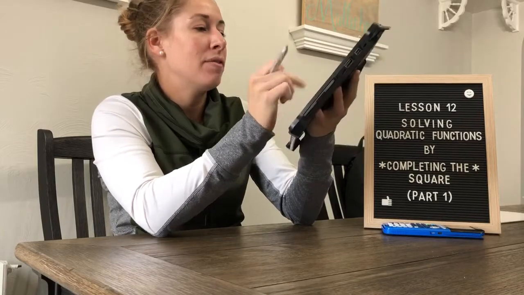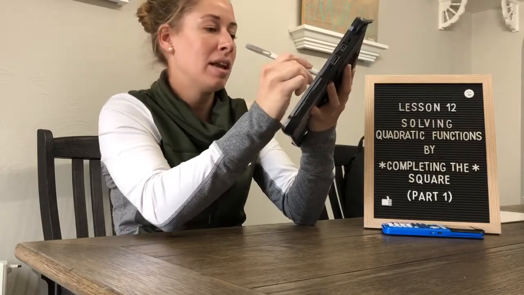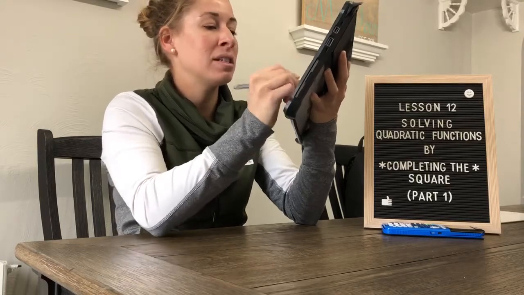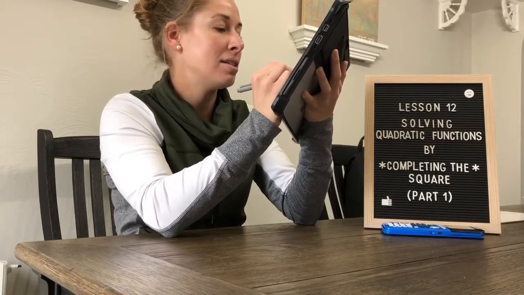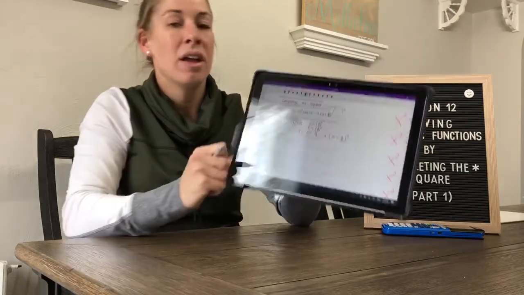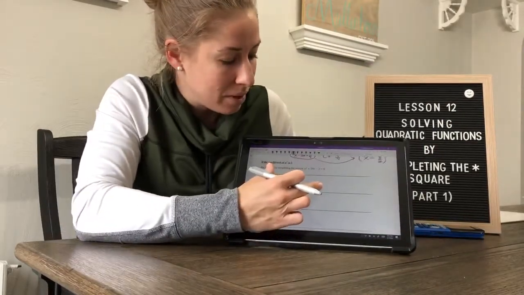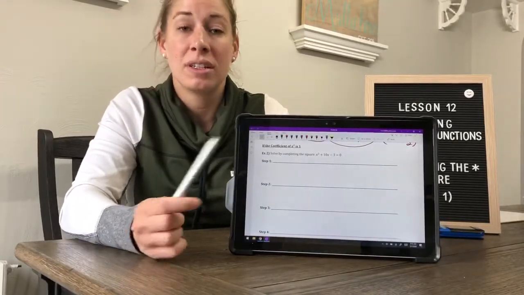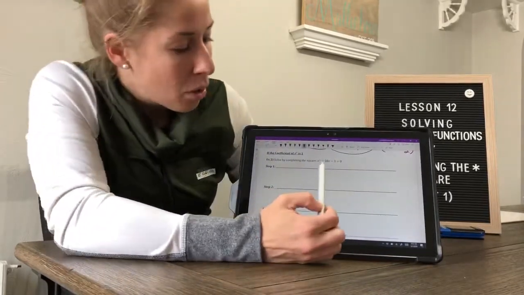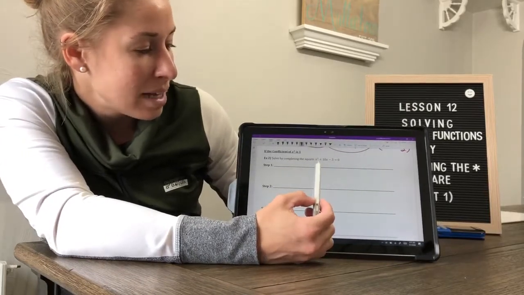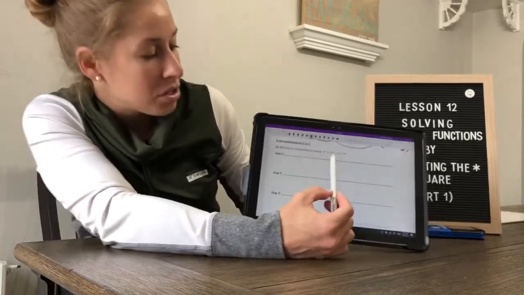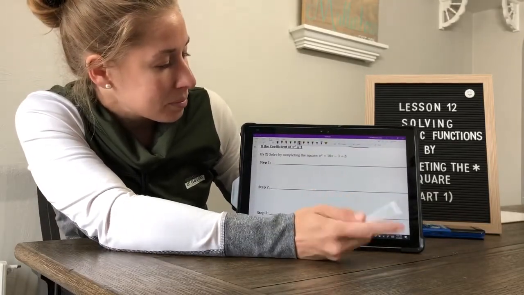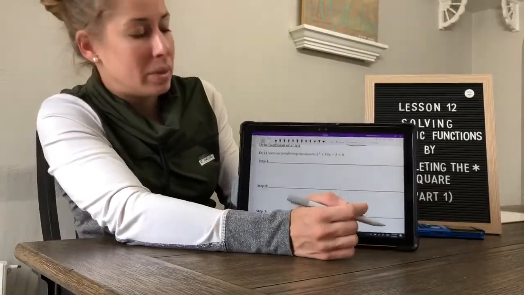If your leading coefficient is 1, it is important to notice that there will be a slightly different process to complete the square if your leading coefficient is not 1. So we're going to start completing the square where your leading coefficient is 1. Basically, we're trying to solve for x for this quadratic function by using the completing the square method. So step 1 is going to be